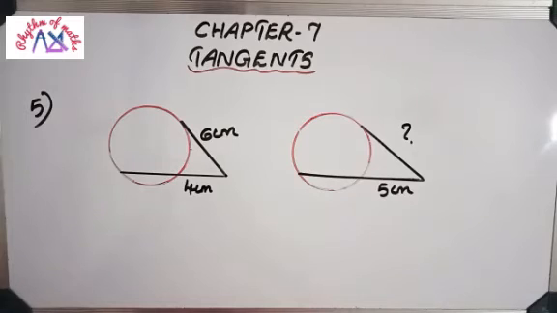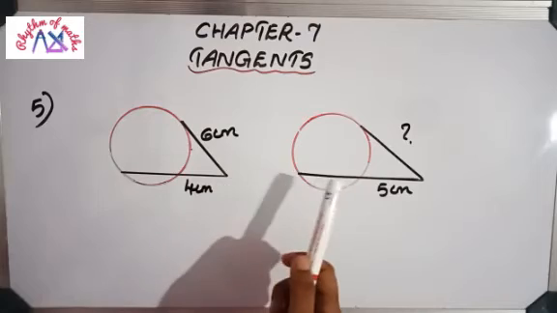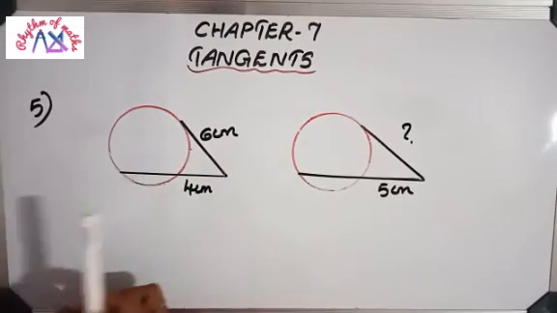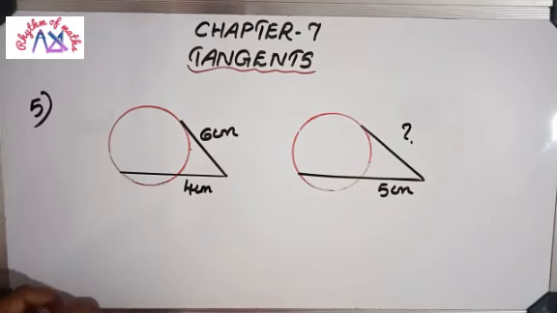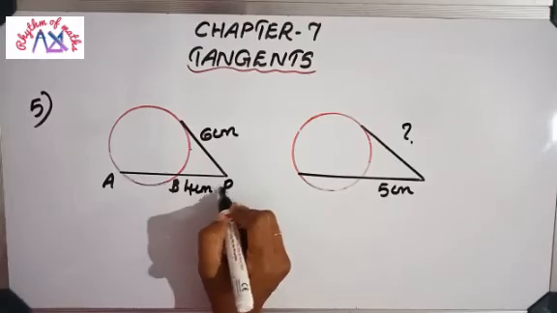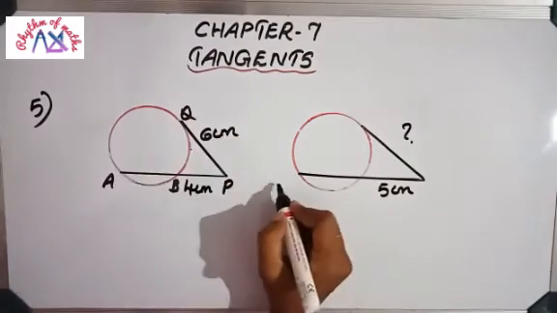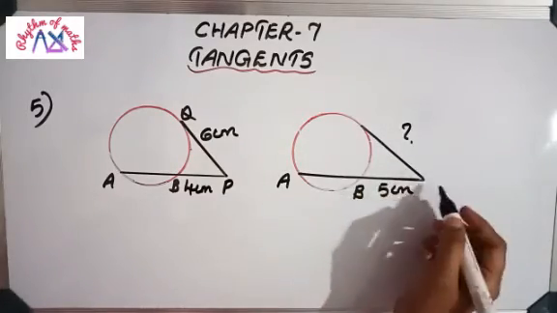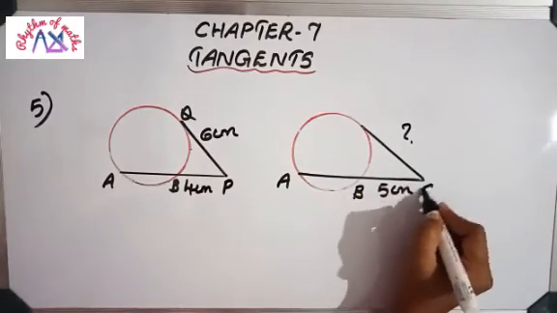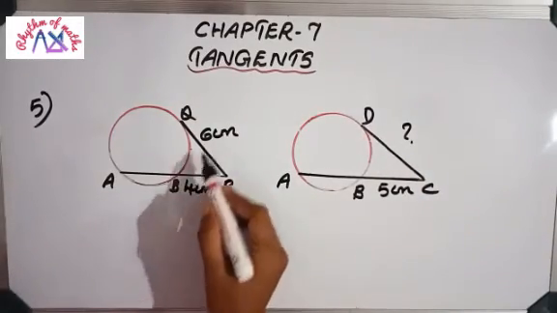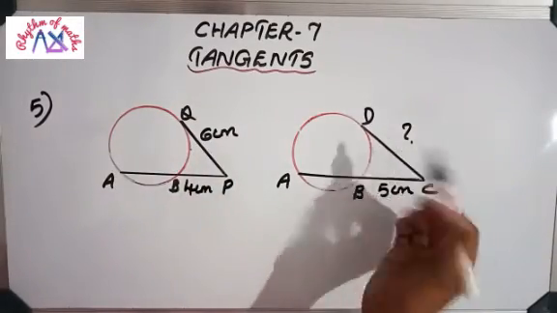That is the question. Now here one common portion is there. For these two circles, the radius is the same and this measurement is the same. That means the chord inside the circle is the same. Let's consider that chord as AB, this point as P, this as Q. Here also A, B, this one will be different. Let's consider those points as C and D. So here 4 centimeter, 6 centimeter, here 5, this is not given.